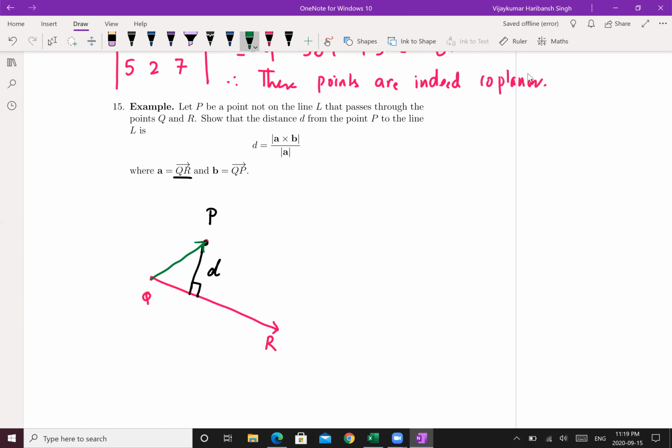So now what is QR times? Let's look at this guy here. Okay, so complete the parallelogram. So D becomes the height, right? So on one hand you have QR cross QP is equal to the area of the parallelogram, and on the other hand this is going to be